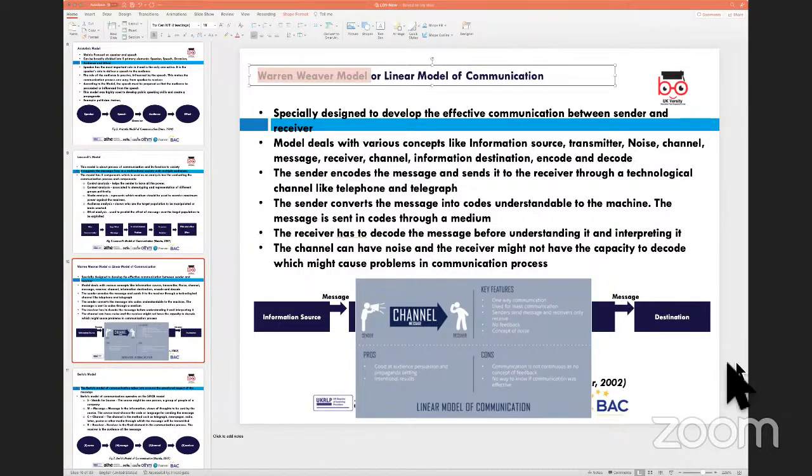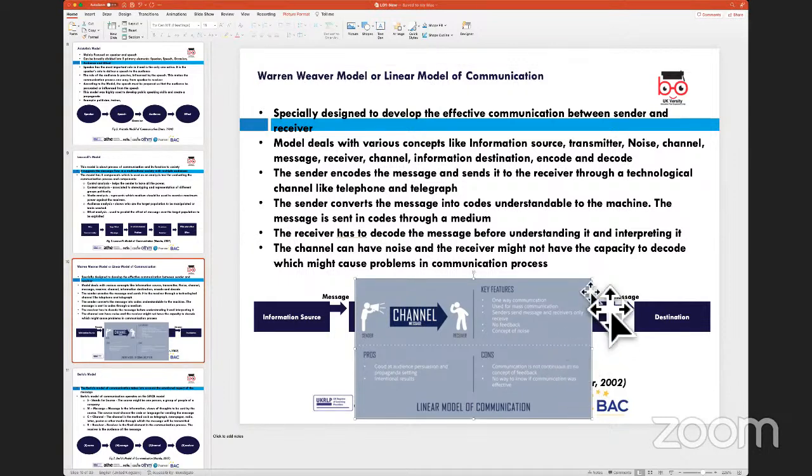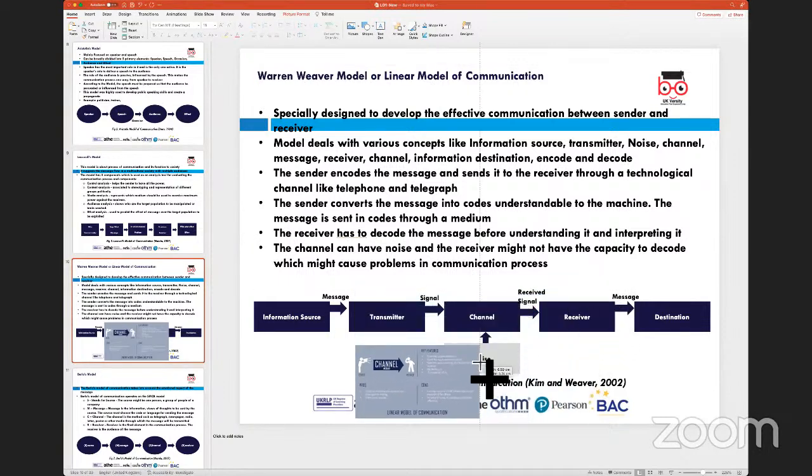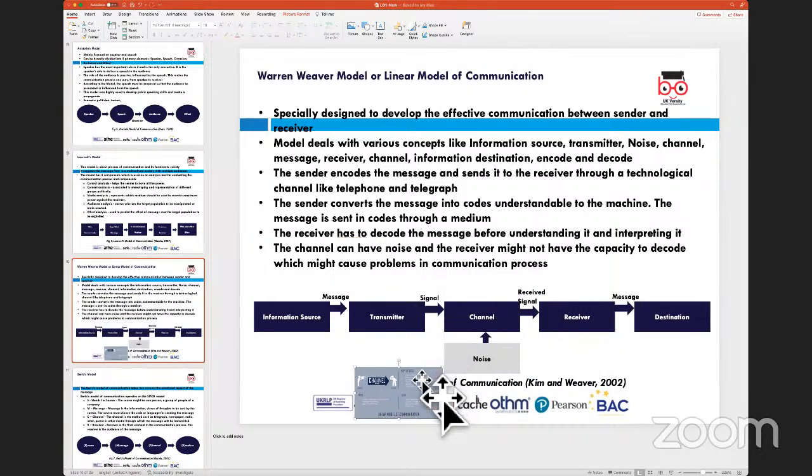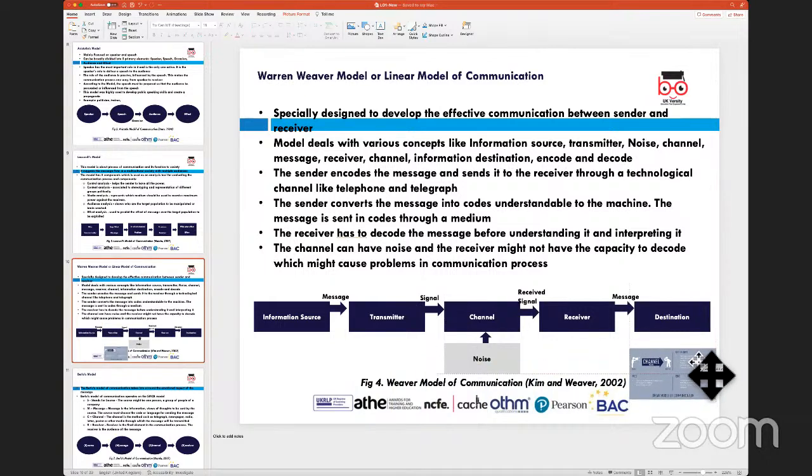So here, when we look at this particular model, we need to be looking at a couple of things, which is to say that at any given point in time, in this particular communication model, which was proposed by them, there is going to be a communication system which is going to be used to send information across. And that is where you would generally see noise or disturbance or some sort of distortion or hindrance, because this was something which was